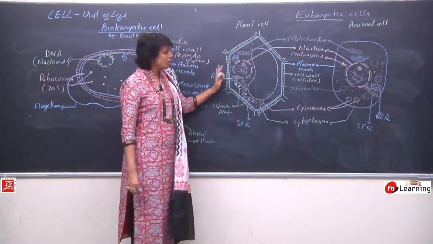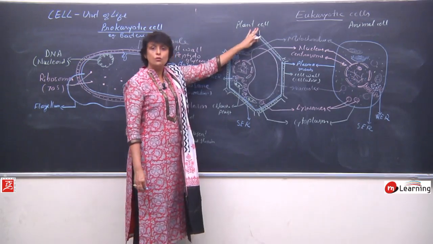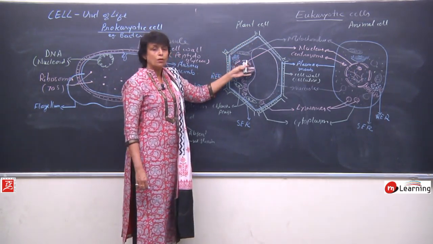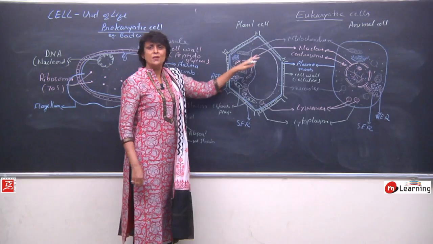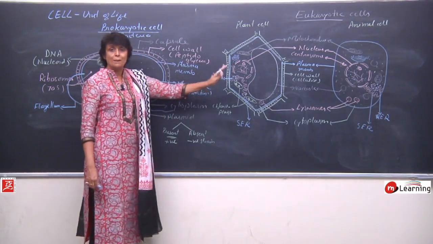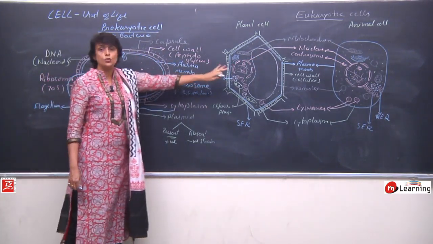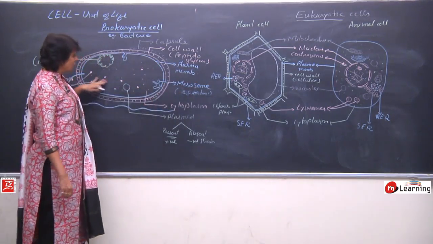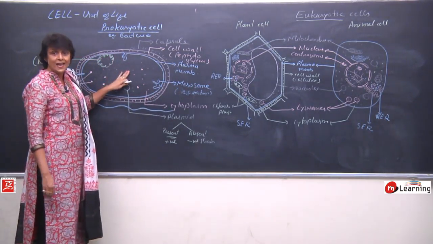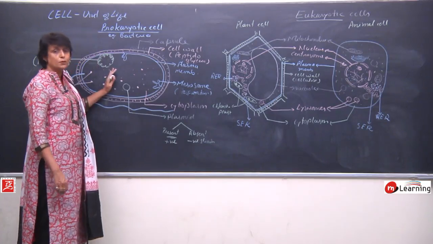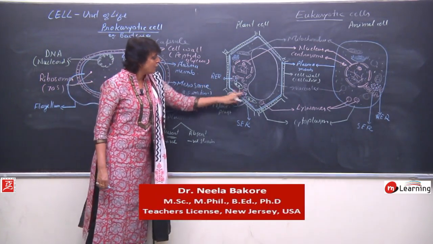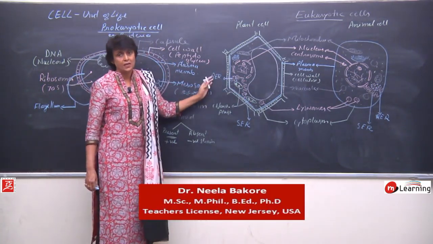So this completes our structure of plant and animal. In eukaryotic cells, we have seen the structure of both types of eukaryotic cells. The fungus or yeast, for example, is pretty much similar to this. Basic structure remains the same. Now we have three cells to compare: one is prokaryotic and the other two eukaryotic. You see, in this prokaryotic cell there is nothing inside, no membrane-bound structure. There is one exception, that of blue-green algae, where there are some thylakoids, which we will talk about in kingdom Monera. And in the plant cell, the basic pattern is the same except for a couple of organelles which are present or absent in either of the cells.